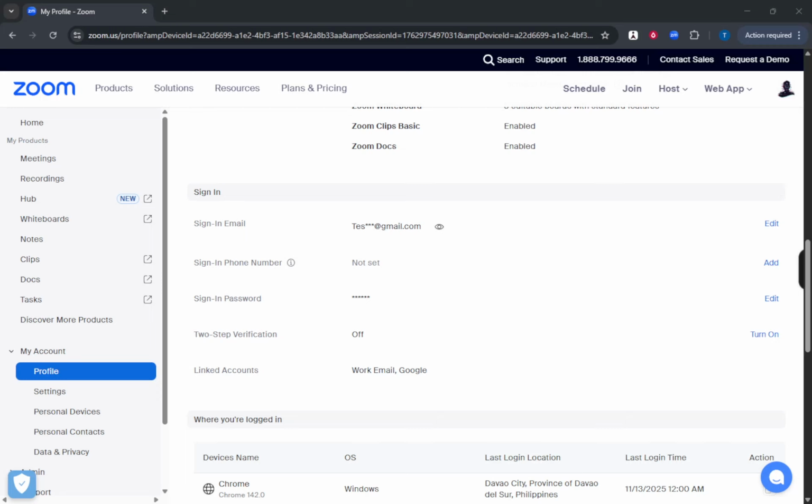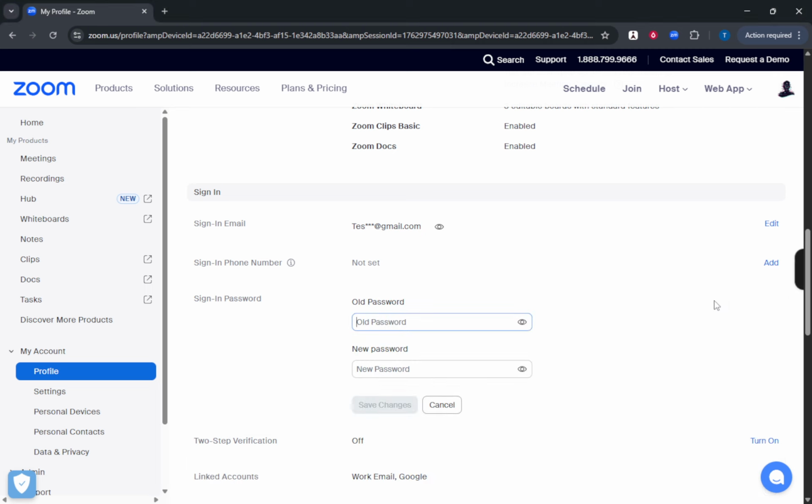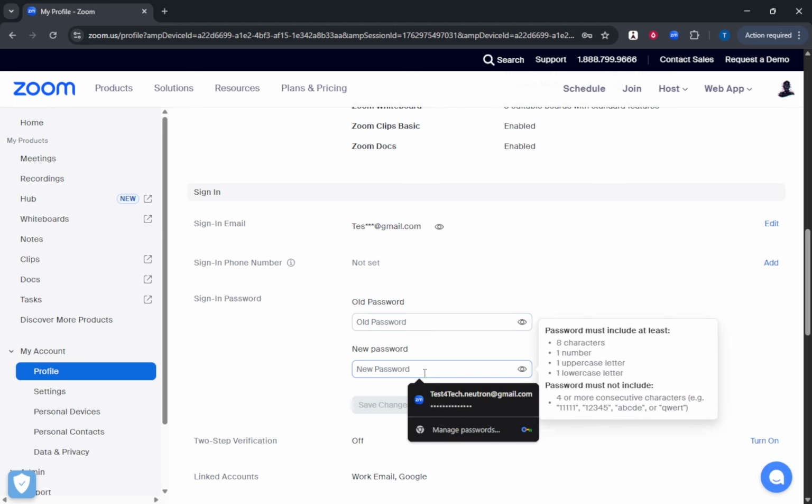In today's video, I'm going to teach you how to change your Zoom password. Changing your password is an important step in ensuring the security of your online accounts, and today I'll guide you through this process for your Zoom account. Whether you're new to Zoom or just looking to update your credentials, these instructions will help you make the necessary